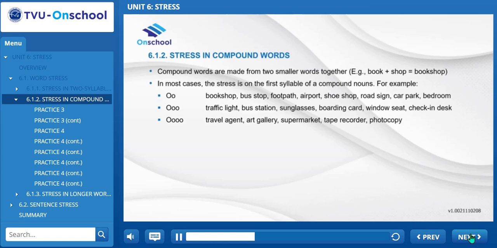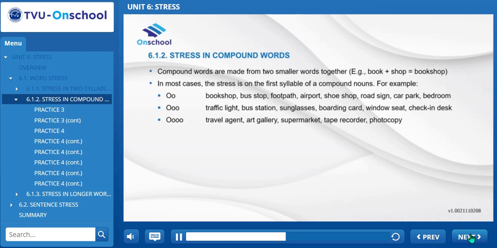Or traffic light, bus station, sunglasses, boarding card, window seat, check-in desk,